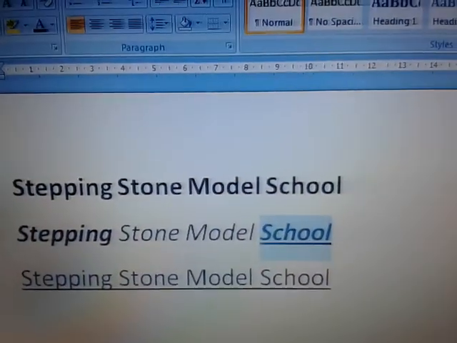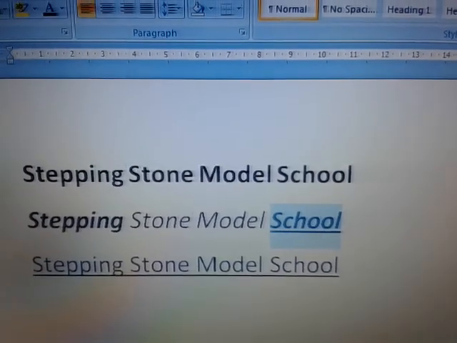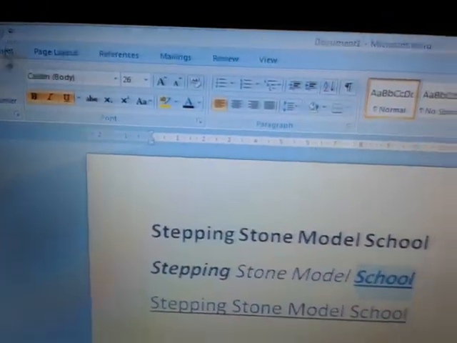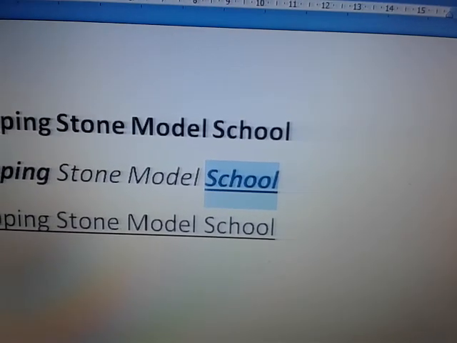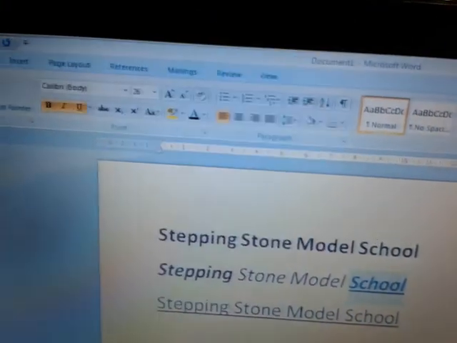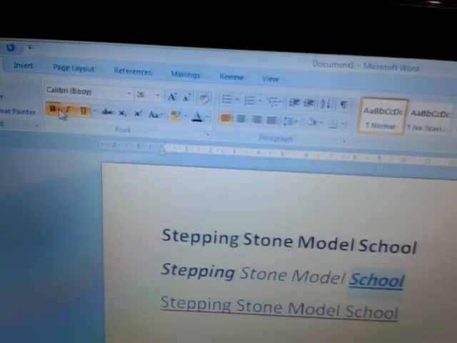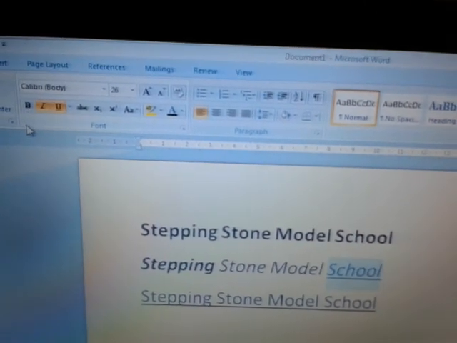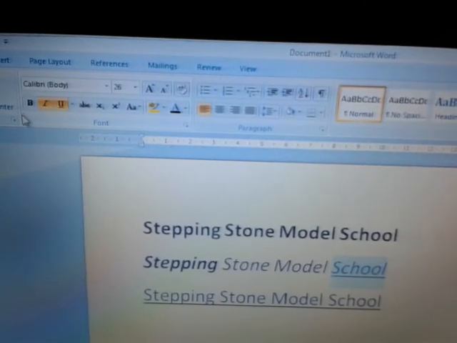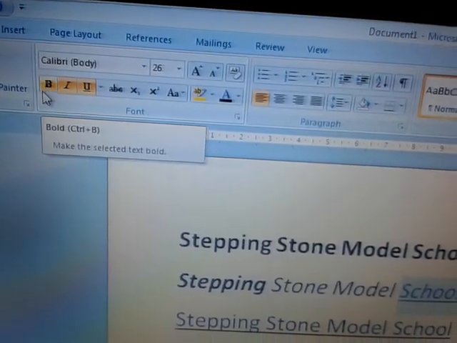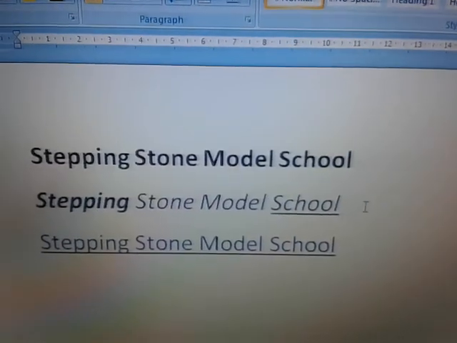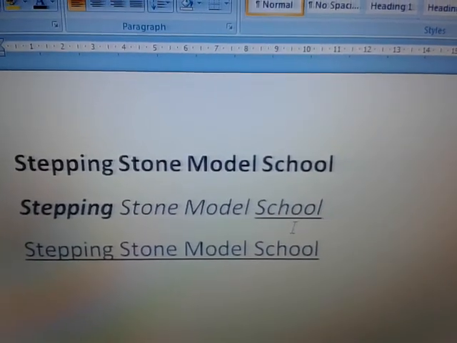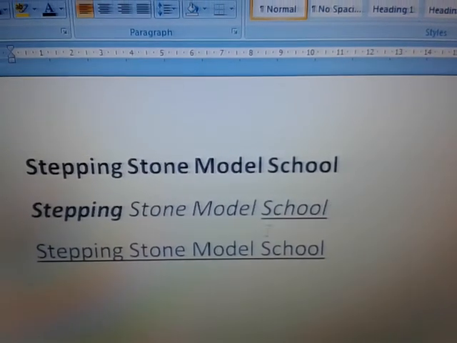You can undo what you have done by clicking it again. Say I want to keep it italic and underline. I don't want to keep it bold. So I will click on bold again. One click on bold. This B was highlighted, no? The B was yellow earlier. Now it has become blue and the text is also not bold now. It is only italic and underline.